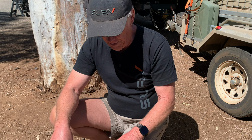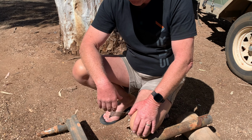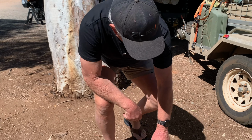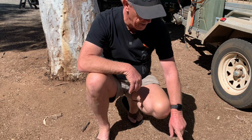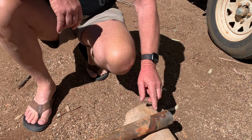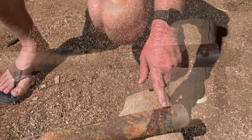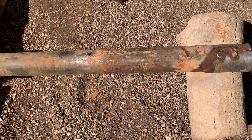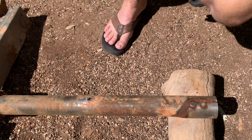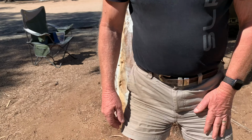So we were fortunate enough, because this is a prototype suspension, that we carried a spare. Our broken one now is a spare, which is no good to us. It had a catastrophic failure right at the end of the tube here, where the tube has split open. This is all grease and dirt in there at present. The tube has split open, and that was very, very difficult, to say the least. That managed to get us back on the track,